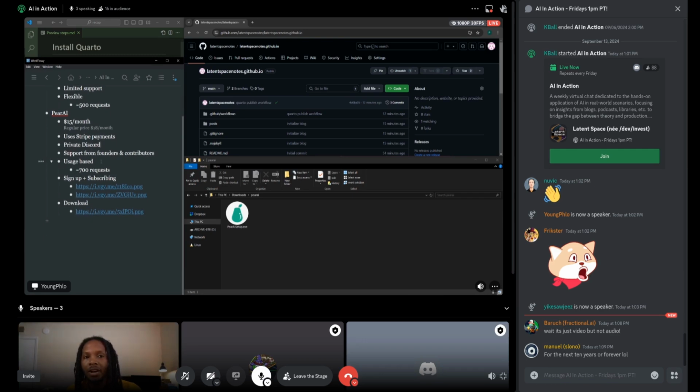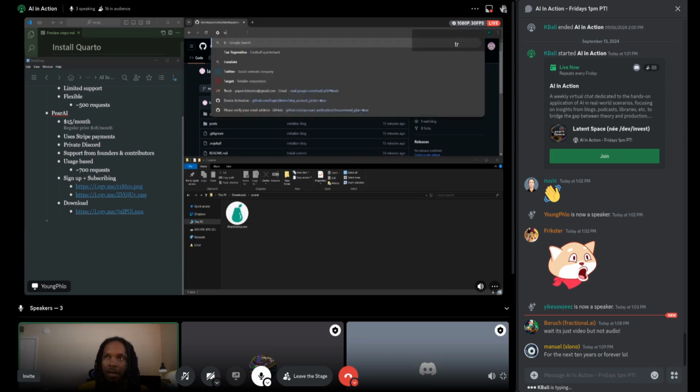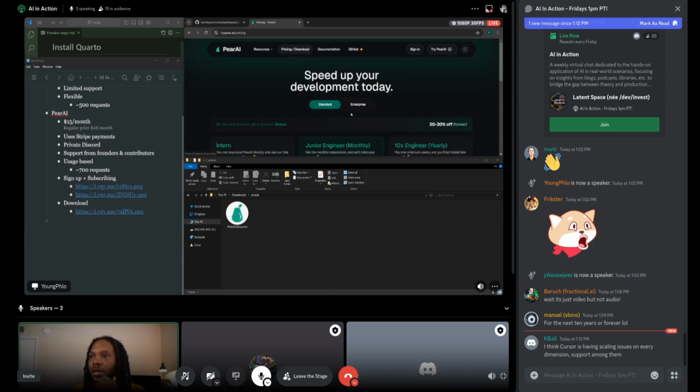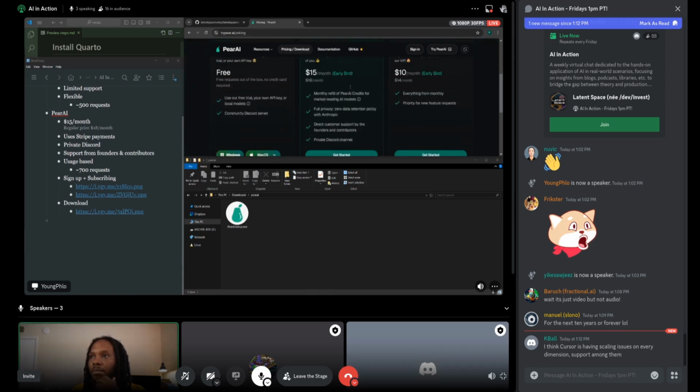The thing that I thought was a little bit weird about Pear AI, and I should bring this up on the screen, if I go try Pear AI, on their pricing page they get into the details of how they charge. If you hover over this eye here, it says your Pear AI credits usage depends on your prompt input and output sizes. On average, this equates to around 700 requests. And I'm assuming what they mean by that is 700 requests per month,